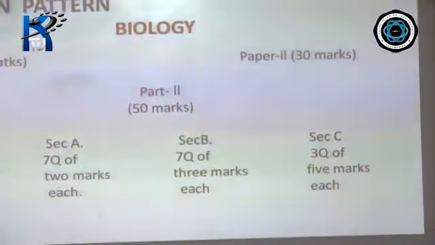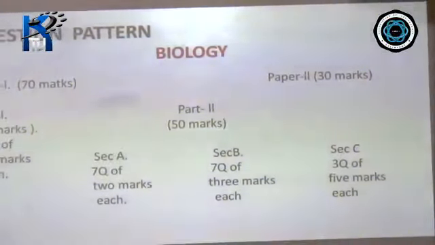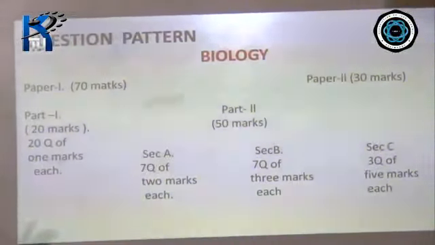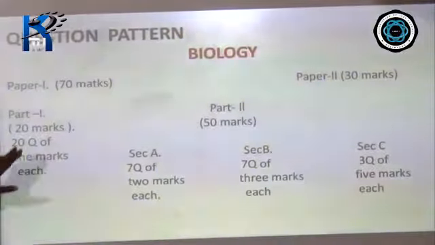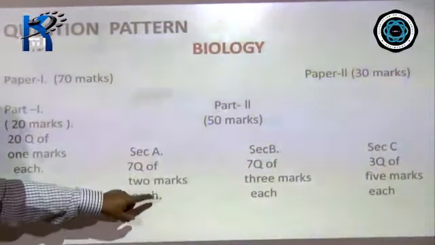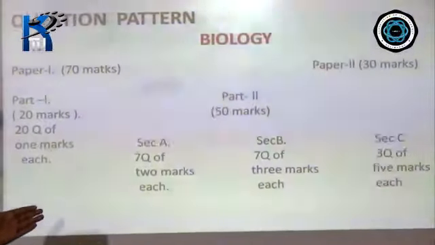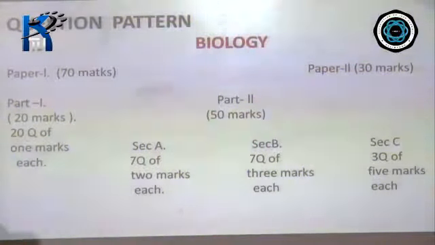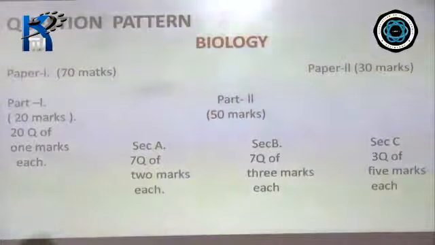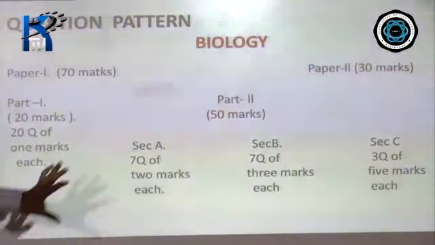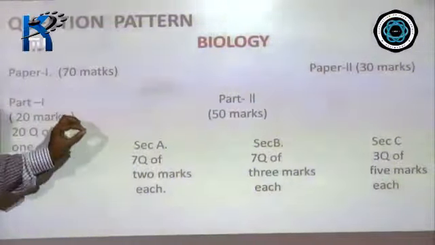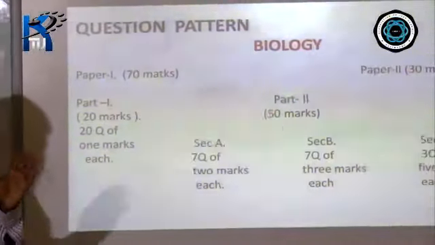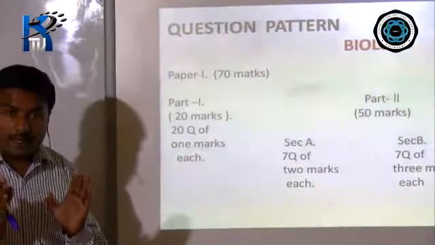Looking at the question and the marks that have been given, you need to write accordingly. For example, in Section A it is of 2 marks, but you write 1 page, 2 pages, or half a page, and there you will not find any points at all, then it will be meaningless. Even if you write half a page or 1 page, you have to write meaningfully and to the point. So don't get carried away by looking at the term or question and start writing. Look at the marks and write the answer accordingly.